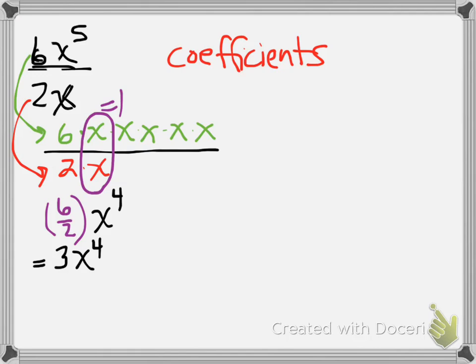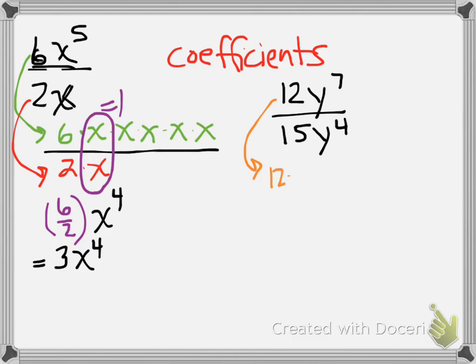All right, let's try another version. What if the original problem was like 12y to the 7th divided by 15y to the 4th? Okay. So Sean, can you tell me what 12y to the 7th means? 12 times y,